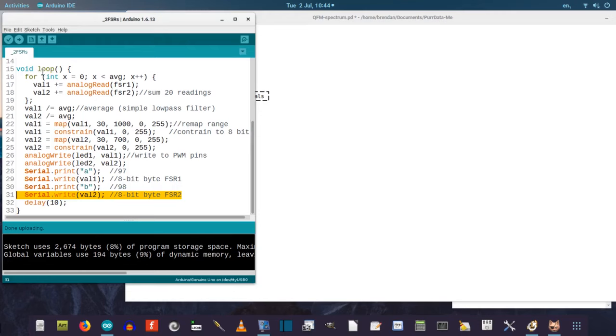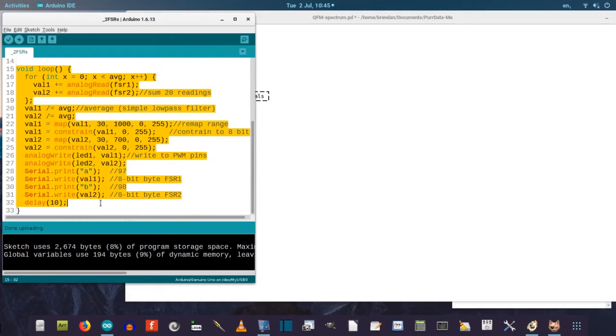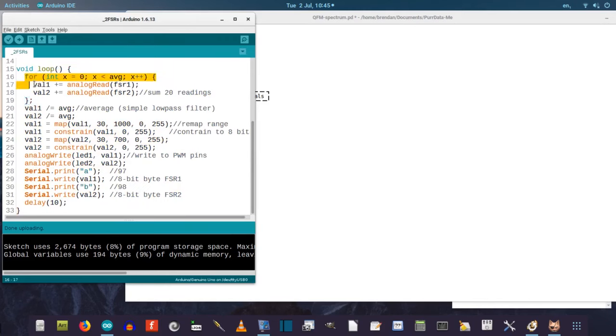Or the last couple of videos, we built our own breadboard Arduino, made some force sensing resistors, connected them to Arduino, and then wrote some code in the Arduino software. And the code begins by summing the readings from FSR1 and FSR2. It does that 20 times. Then it takes the average of those readings for a simple low-pass filter. We then have to do some mapping and constraining to ensure that whatever values we're getting off the FSRs are